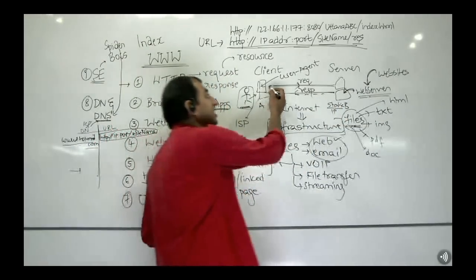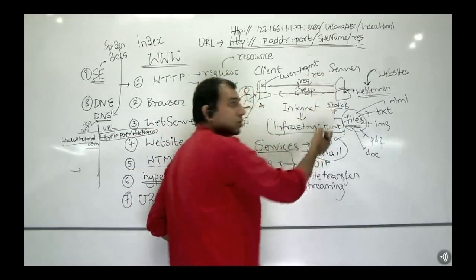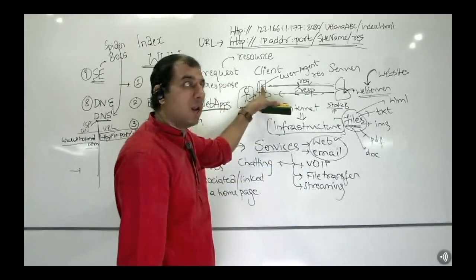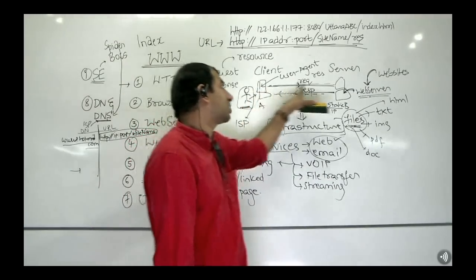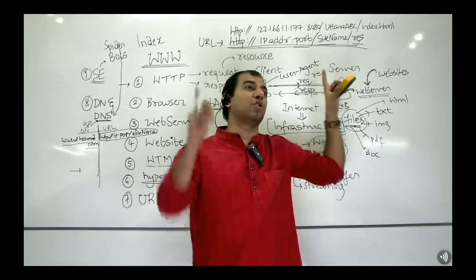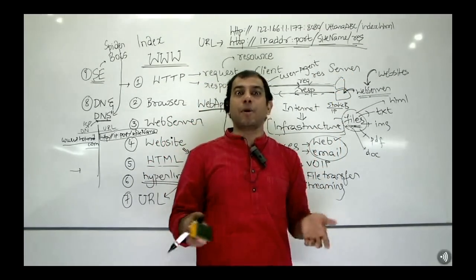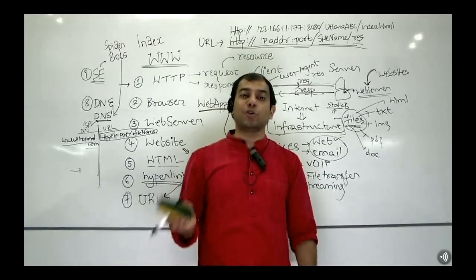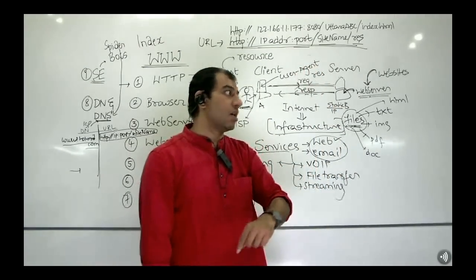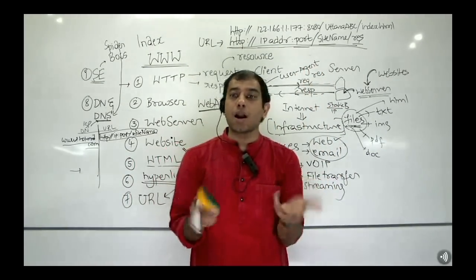And what happens now? When a request is made to a resource, understand it step by step. The user types in a URL or clicks on a hyperlink, and a request is sent for a resource. There are two kinds of resources now, static resource and dynamic resource. What does that mean? A static resource is a resource that already exists. It's a file with an extension that already exists. But a dynamic resource is one that does not already exist.